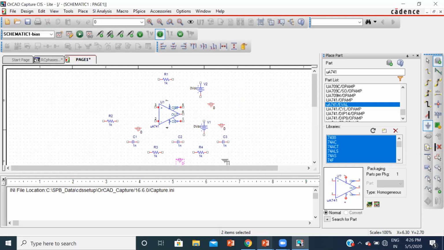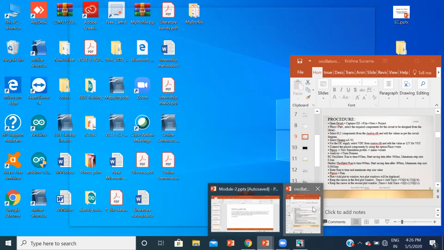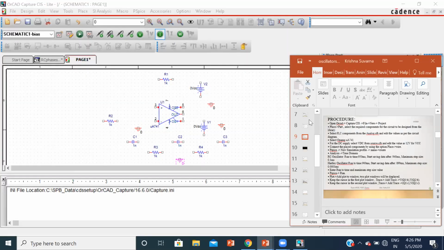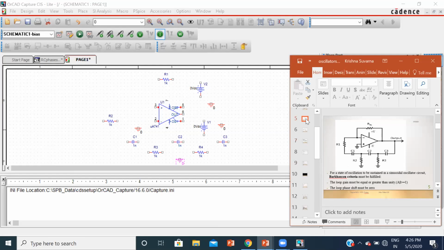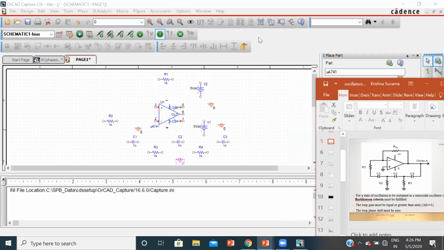Yes, you see here, this is the circuit we are going to make.